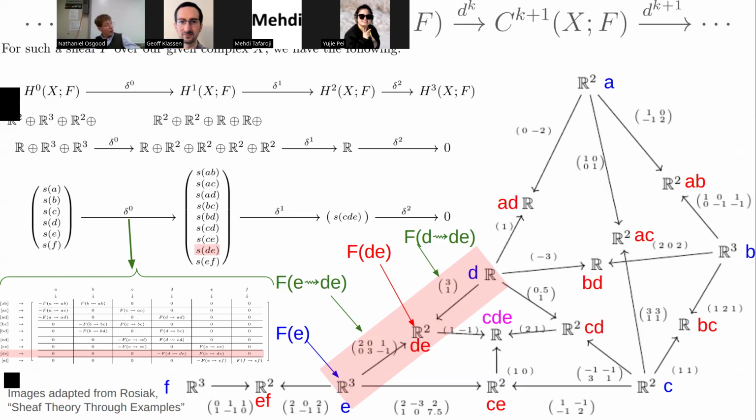Or active points, so it can minimize the discrepancy from data that you have. So sheaf cohomology is